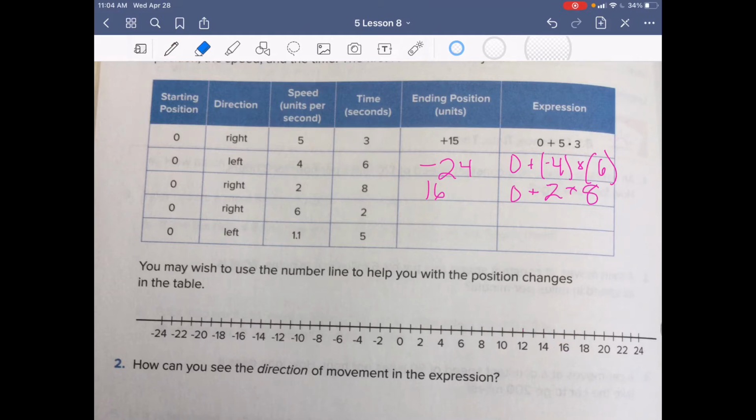Our next one, we have, again, starting at 0, we're going right 6 units per second for 2 seconds. So we're going to go right 6, that's 1 second, go 6 more, that's 2 seconds. We ended at 12. So we started at 0 and we went 6 units for 2 seconds. So we have to multiply that. Our last one,